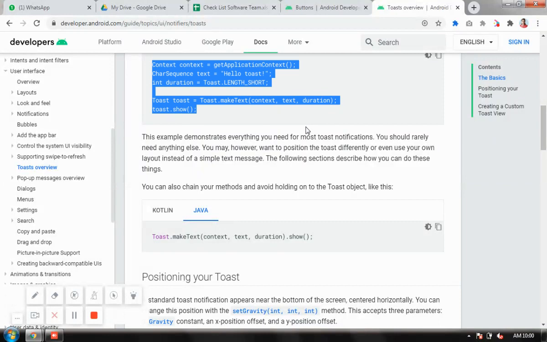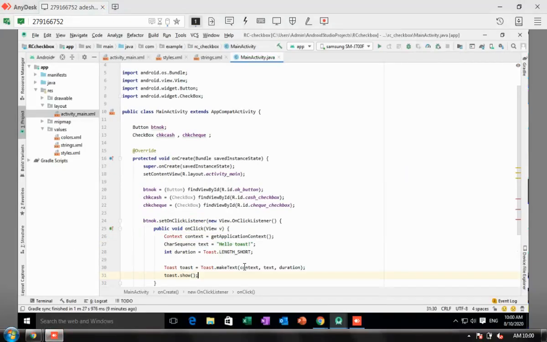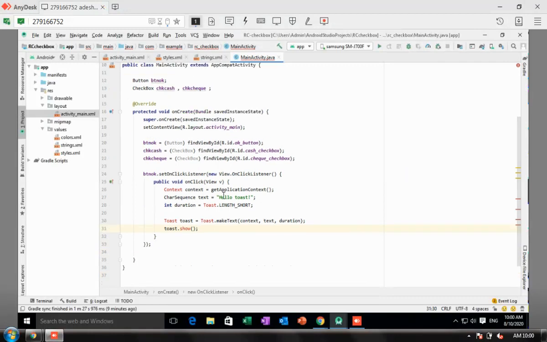Let's use this simple syntax. So this is the toast syntax which we are going to use. The text is hello. Now I have to replace this text every time.